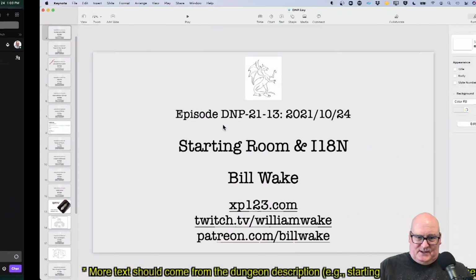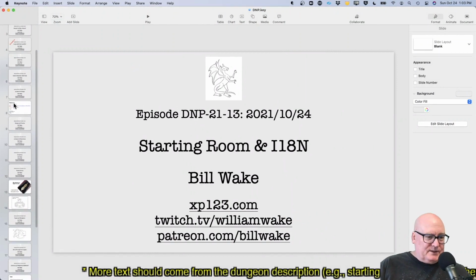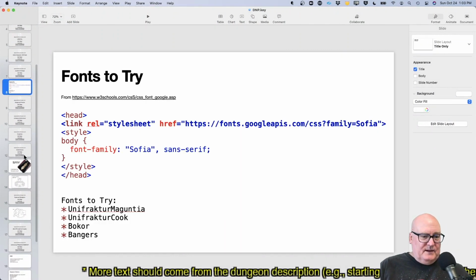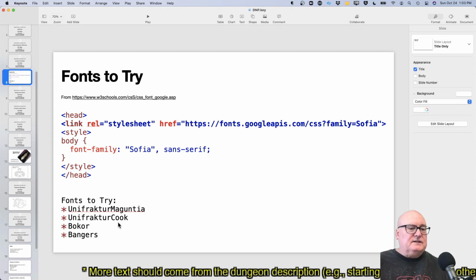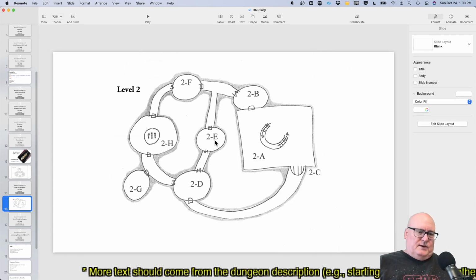Well, while that's going, let's go back and maybe do a little review of things we've looked at over time. Okay, we got some notion of fonts. I think we've got an adequate font now, and maybe we'll stick with that. We also have this notion of the map. Last time we did some work on level 1.